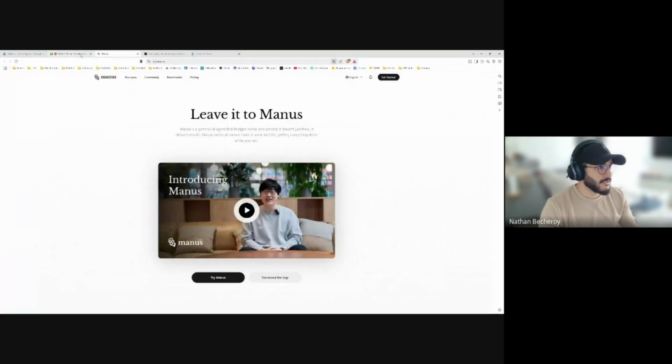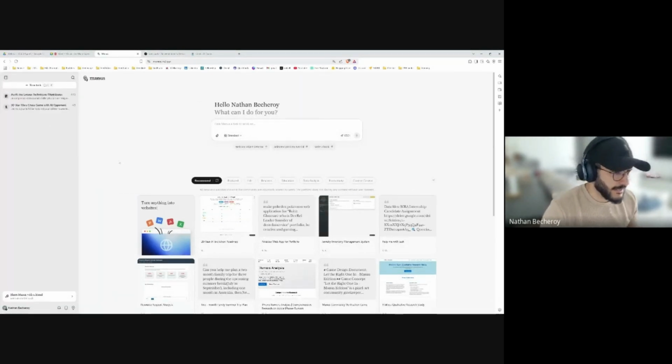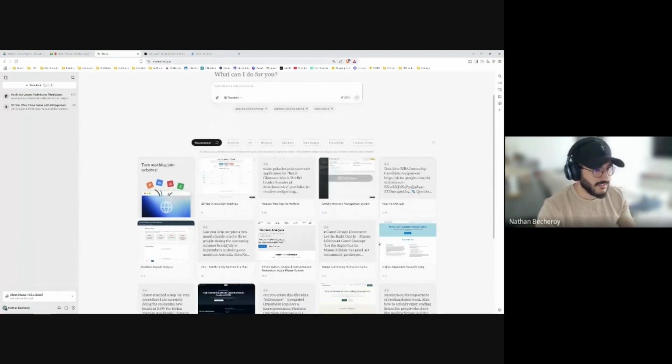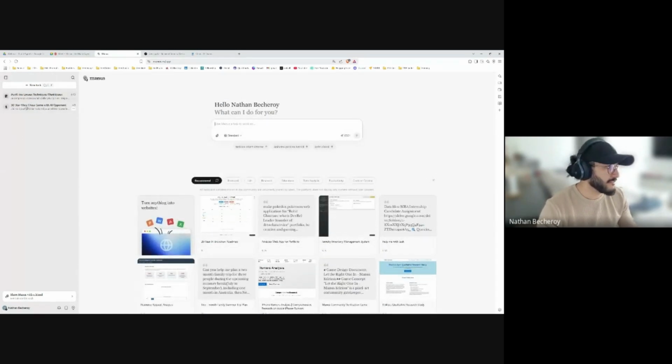So for Manus, you still see my screen. Let's get started. The interface of Manus is like that. You have in the middle the text bar where you can ask for anything. You have some use cases to see here, and on the left side you have your tasks. I removed all the other tasks I already did and left only these two to show you something.